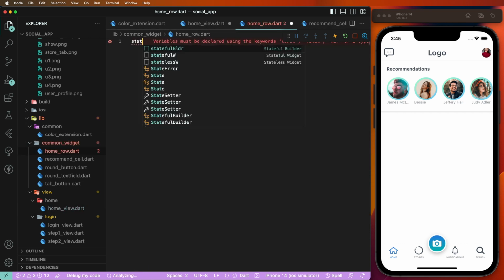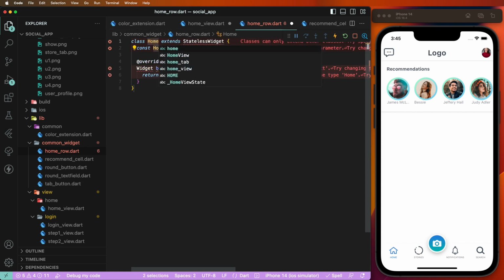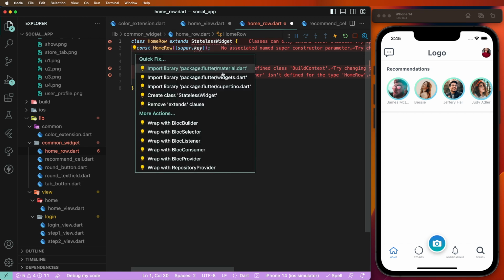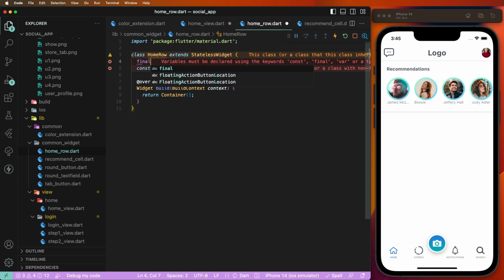And now need to create the stateless widget, need to use stateless, not stateful. Give this the home. And now need to import the material dependency, and now need to define the